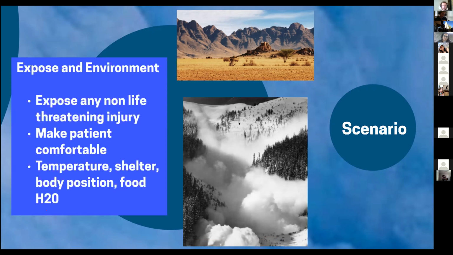But you definitely are going to want to treat that quickly because you have visualized and understood the threat. And if you have the tools to treat that, you want to make sure you're getting those treatments on board as soon as possible. So that's going to be a pretty quick reaction to that physical traumatic injury.